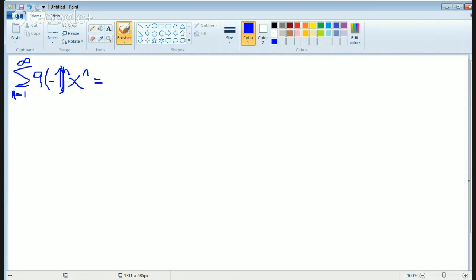All right. So back to the question that we will be going through. The sum from n equals 1 to infinity of 9 times negative 1 to the power of n times x to the power of n. So in order to do the power series, the best